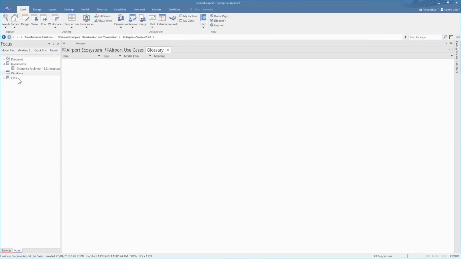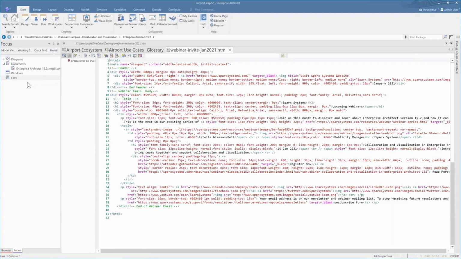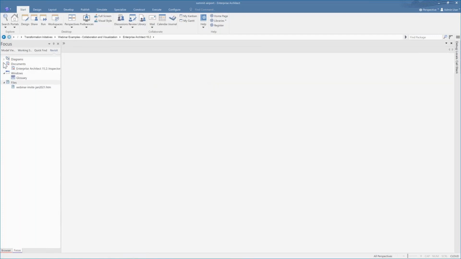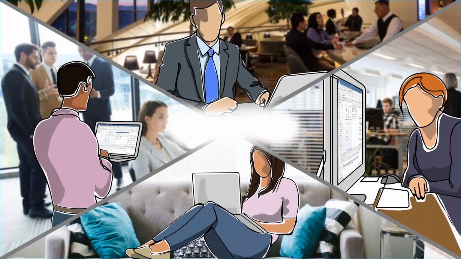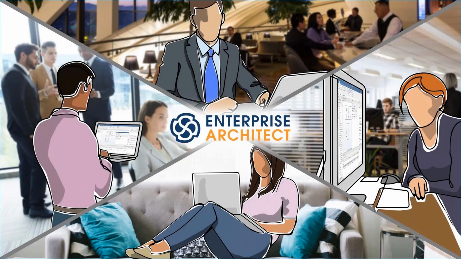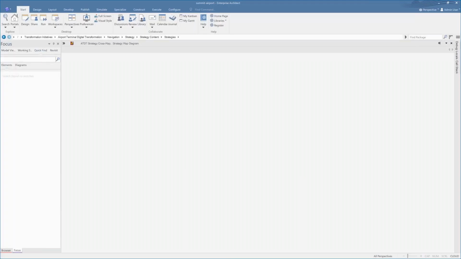Now, I also want to access the glossary. Now, this particular glossary is empty, but it's something I use quite often, and you can access files. So this happens to be the HTML code that I used for the invitation. But of course, the great thing is everything is being done within Enterprise Architect. So you have your windows, you have your diagrams, you have your HTML code or C code or C++ or whatever you happen to be working on. You have your use cases. And all of the material you need is available when you need it, and it's all within one tool, which is Enterprise Architect, which is also a very, very powerful feature.